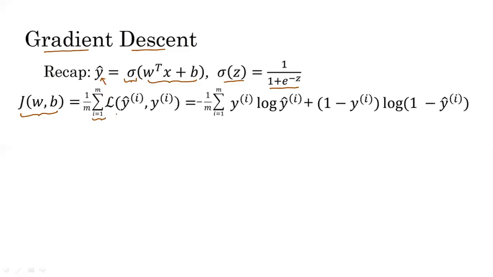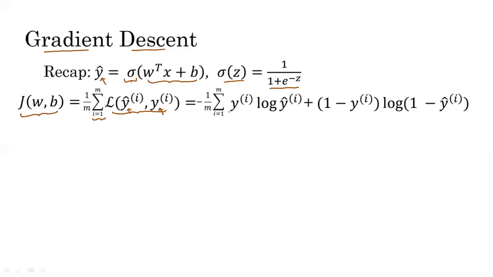And we define an average over the loss function. What this loss function does is it finds the difference between the predicted value, that is y hat, and the actual value present in our training set, that is y. And for the ith example, we have seen how we can write this equation in the form of ith notations. So these things we have already seen in the previous video lecture.